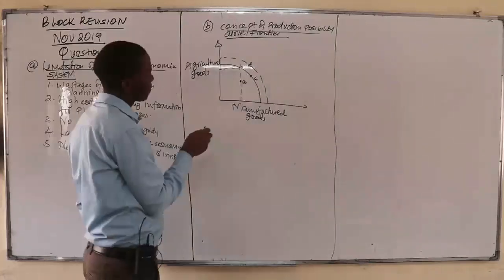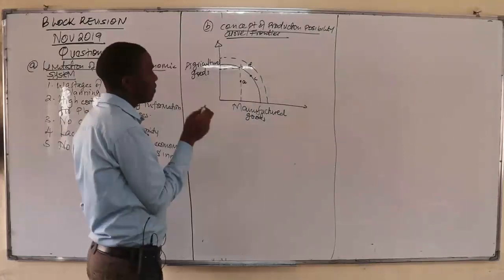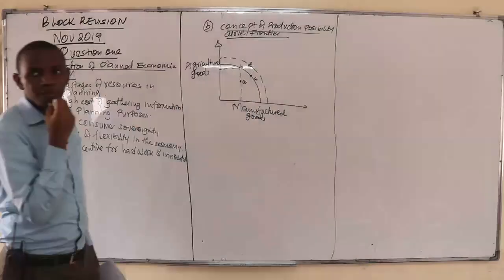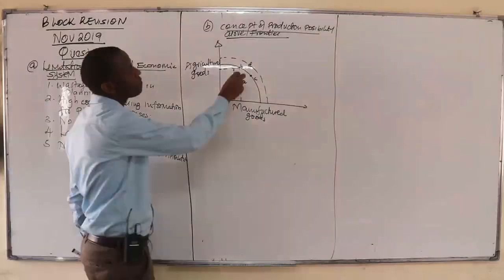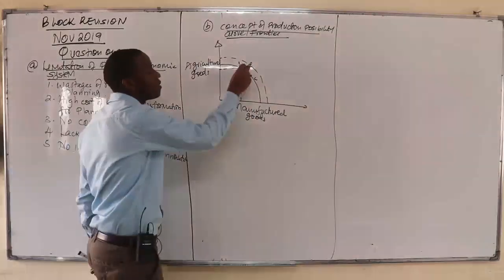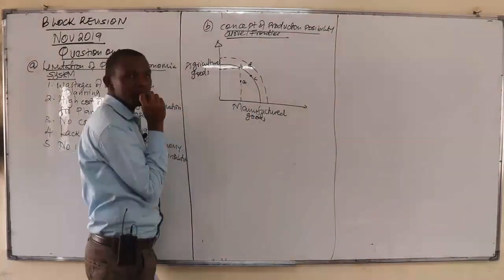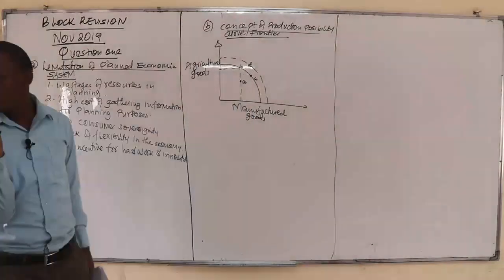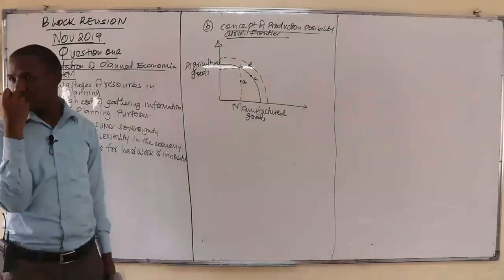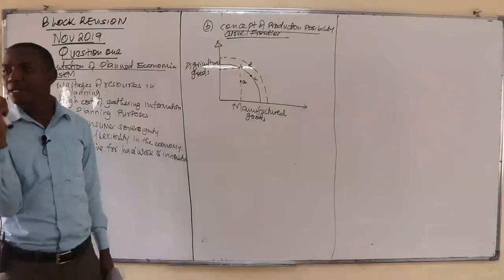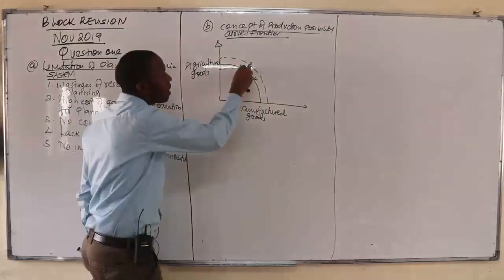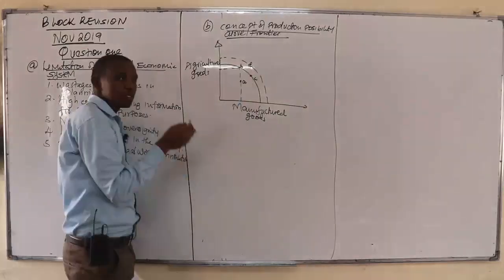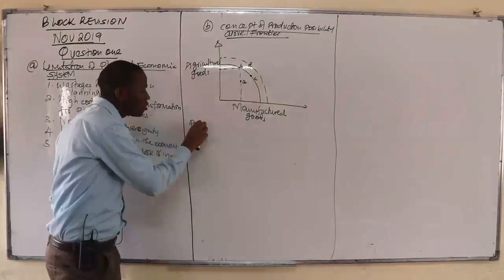This is what we mean. This country can produce a maximum output of point B and C. And this is when all the resources are fully utilized. So when you utilize all the resources, the maximum output will be C. So in this case, points A, B and C